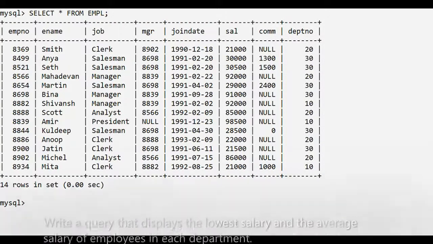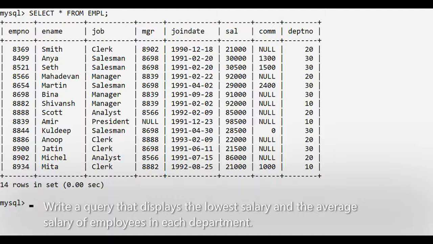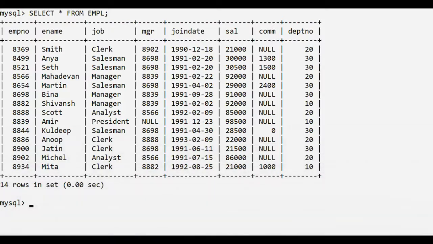Write a query that displays the lowest salary and the average salary of employees in each department. In this query, grouping will be done on the basis of the department NO field. Let's write the command: select department NO, comma.